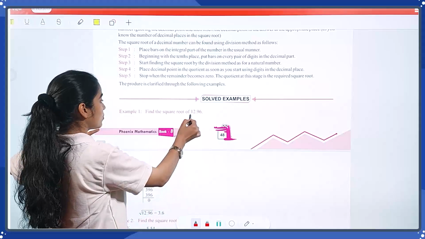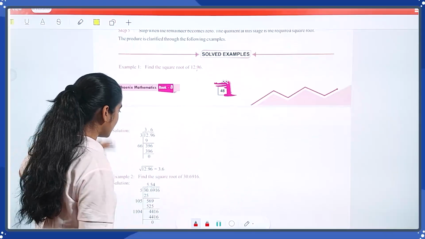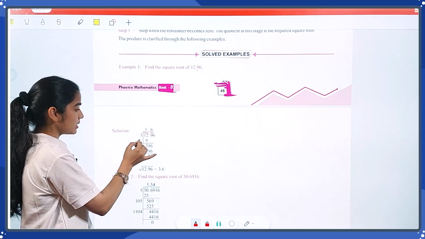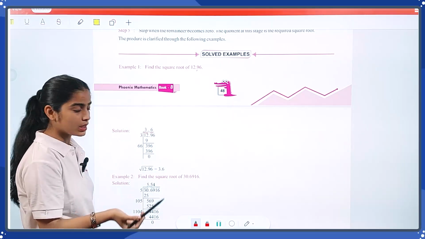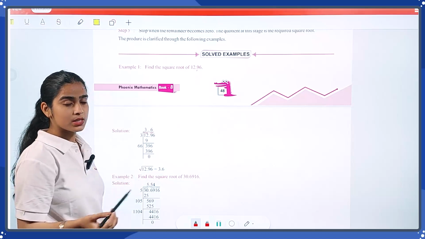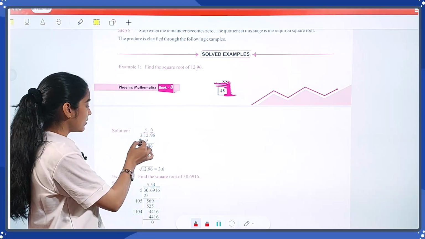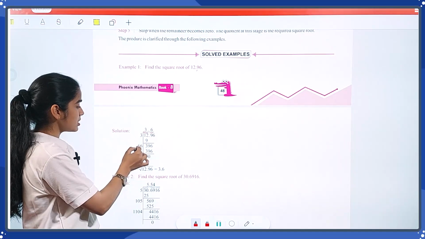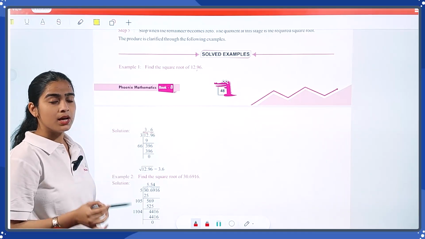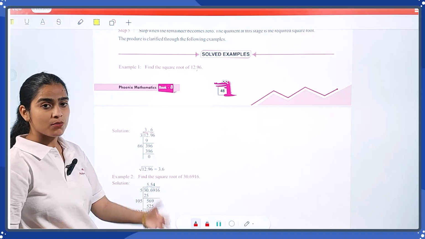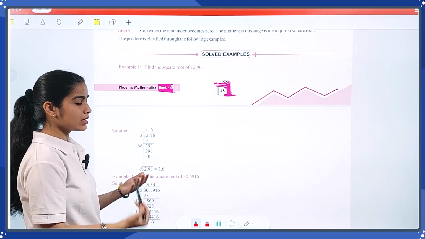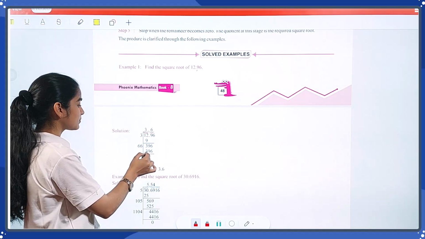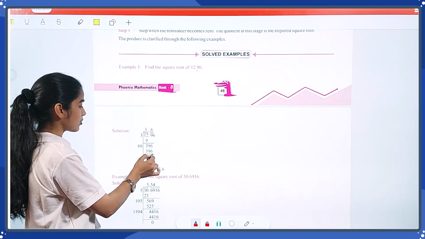Now find the square root of 12.96. So how can you find out? For 12.96, first pair the digits in the same way. Then for 12 you have to take 3, because 4 squared is 16, which is bigger than 12. So now 12 minus 9 is 3. Double of 3 is 6. Now you have to choose a number at the tenths place which you multiply so that you get 396 or a lesser number. So if you multiply 66 by 6, you will get 396, and you solve it to 0.